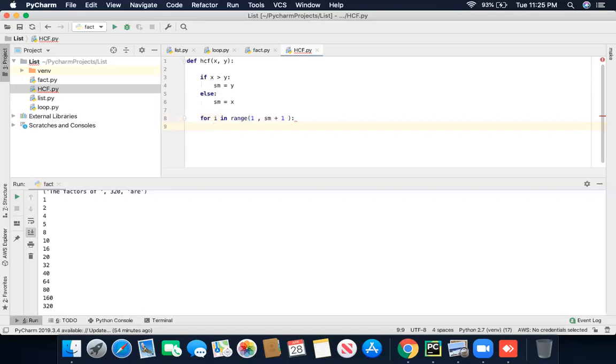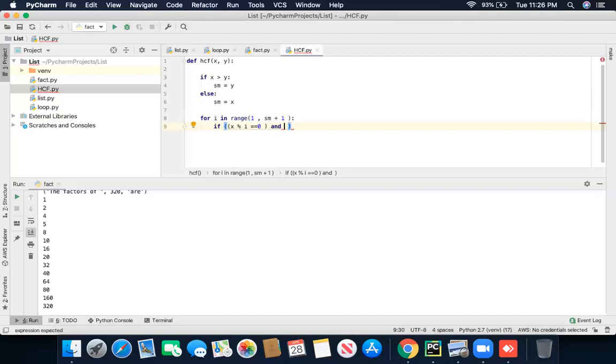Now I'm going to use the if condition, checking whether x is divisible or y is divisible. So I'm going to use if, double brackets, x modulus i equals 0. One bracket ahead. Now make a little space between these two brackets.